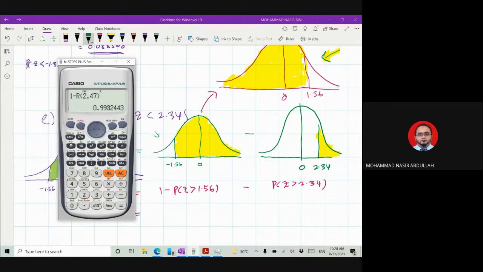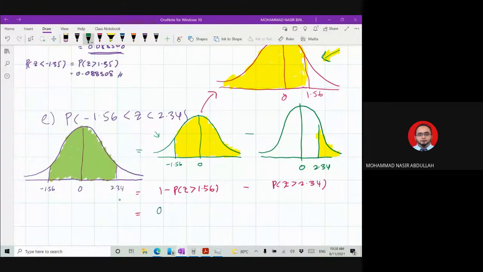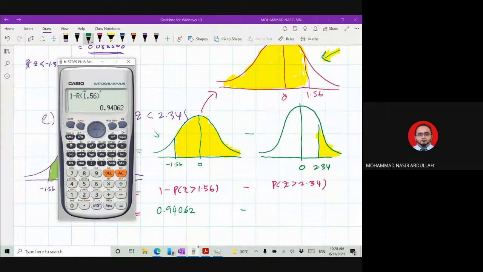So let's say 1 minus distribution to the right, which is 1.56. So this one should be 0.94062 minus, and the area to the right, which is, ni lagi senang kita nampak kan,